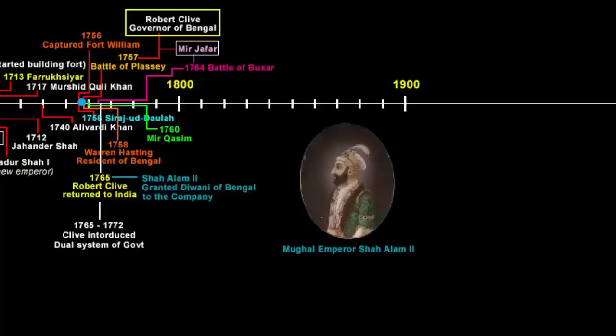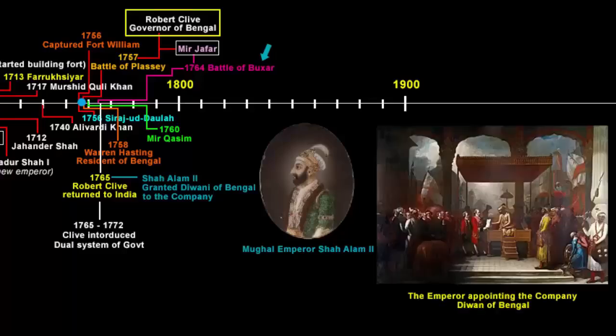With no surprise, finally in 1765, the Mughal Emperor Shah Alam II appointed the company as the Diwan of the Bengal provinces. Of course, the emperor did not do this of his free will. The Mughal Emperor Shah Alam II had just been defeated by the English in the Battle of Buxar. He was forced to grant the Diwani of Bengal to the English company. As the Diwan of Bengal, the company got the right to collect taxes on behalf of the emperor from the eastern provinces of Bengal, Bihar, and Orissa. These rights allowed the company to collect revenue directly from the people of Bengal, Bihar, and Orissa. In return, the company paid an annual tribute to the emperor.